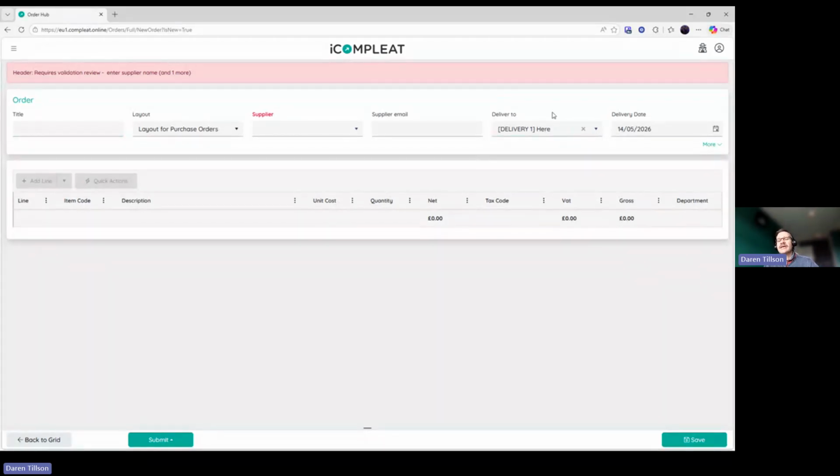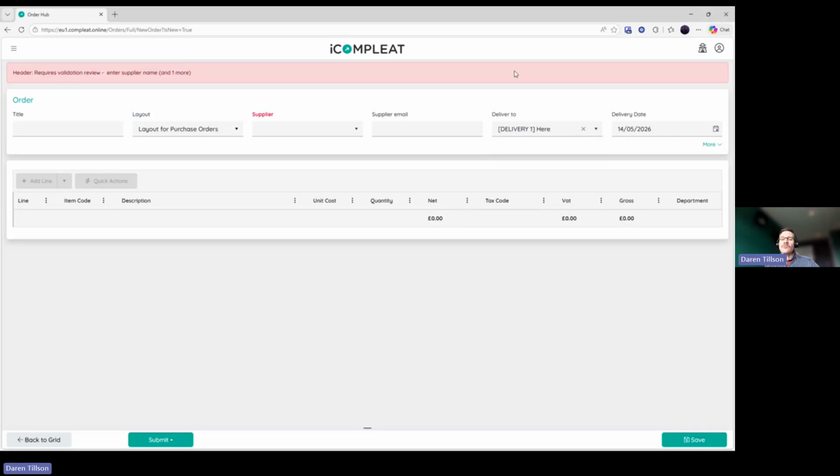So this can be populated by the delivery addresses that are cached through from the finance platform if they've been set up and if it's a connector that is caching those through. Alternatively, it can come through from the address book or be done manually, all of which I'll be showing in a bit. But the first thing I want to show you is just setting it by default at a user